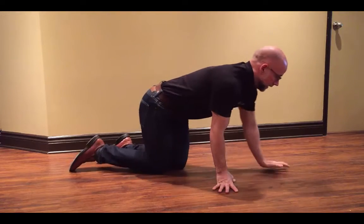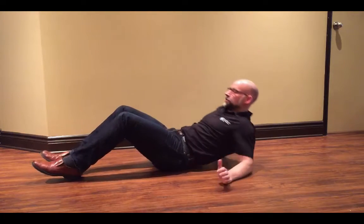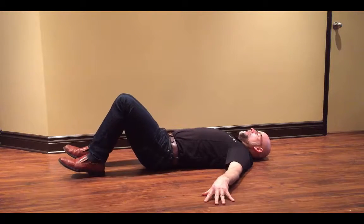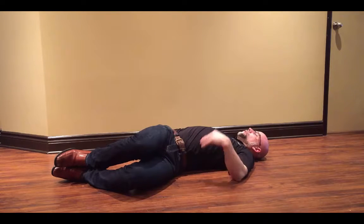The next one we're going to do, we're going to lay flat on our backs, and this one is called the hip twist. And essentially what you're going to do is you're going to lay flat on your back with your shoulder blades against the ground. And what I want to do is I want to just let my hips fall to the side, trying to keep my ankles, my knees together, while I touch my outside knee to the floor, keeping my shoulder blades against